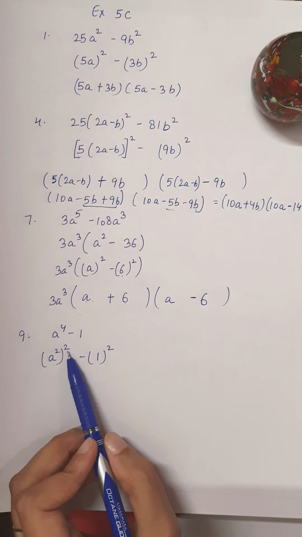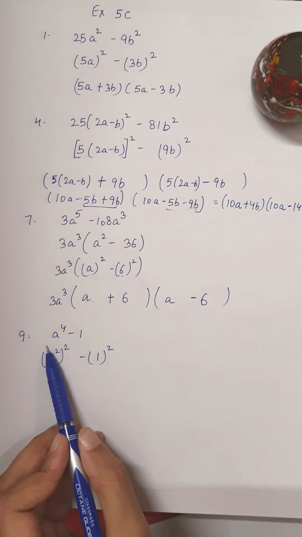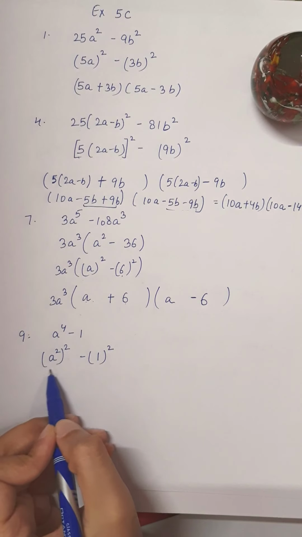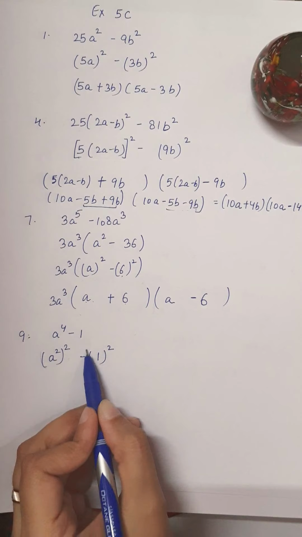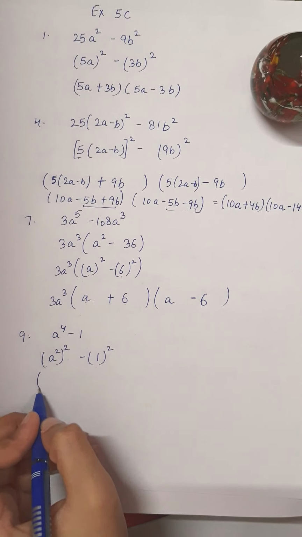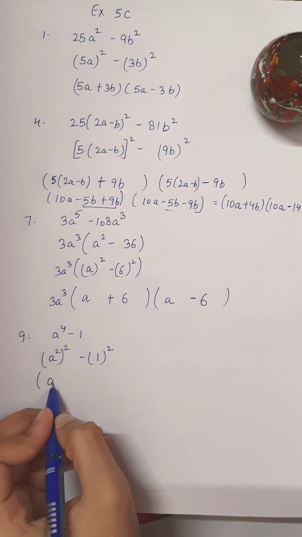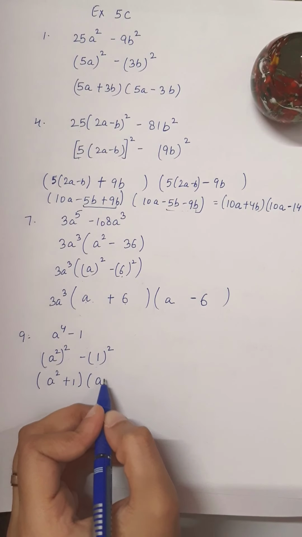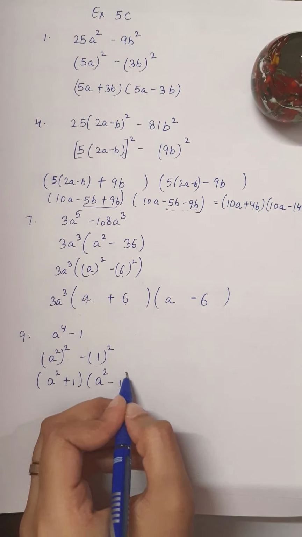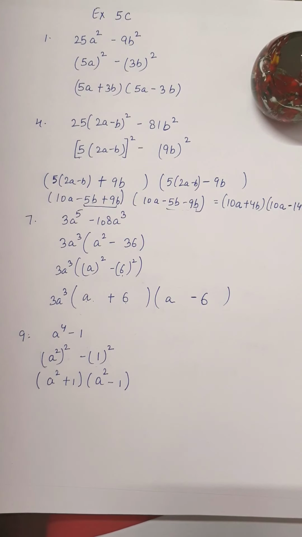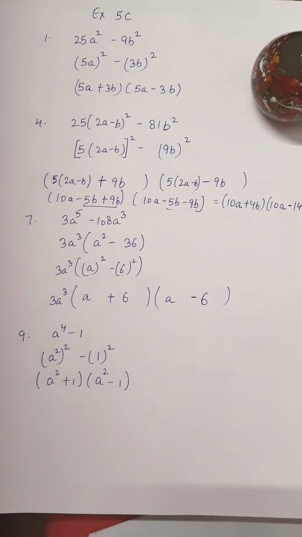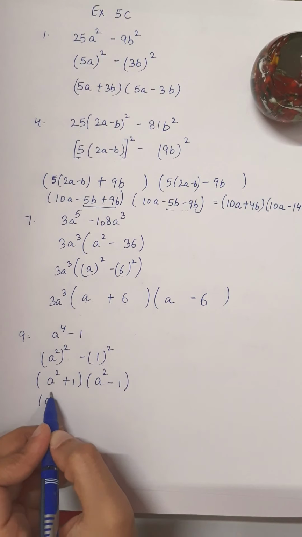a square whole square minus 1 square. Ultimately we have achieved the format square of something minus square of something. So the bracket will be a square plus 1, a square minus 1. Now if you can see the same format again here, this ultimately is going to be